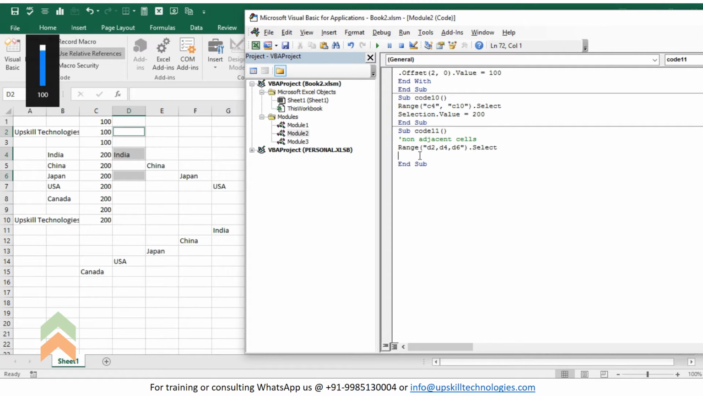Now if I want to select a row, how would I do that? Selecting an entire row. Let's say I want to select row number 3, so I'd say Rows(3).Select. If I want to select an entire column,